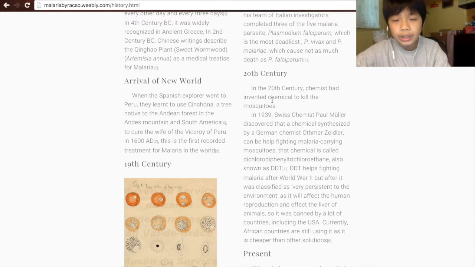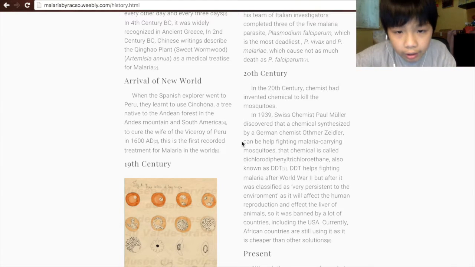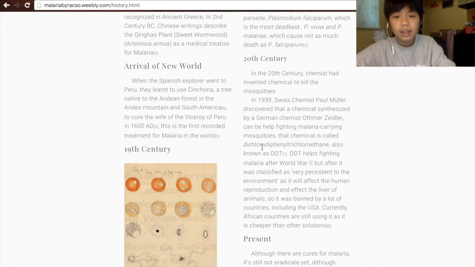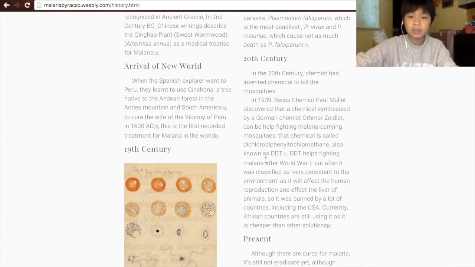In 1939, a Swiss chemist discovered that a chemical created by a German chemist could help fight malaria-carrying mosquitoes, and that chemical is called dichlorodiphenyltrichloroethane, also known as DDT. DDT helped fight malaria after World War II, but then it was classified as very persistent in the environment,